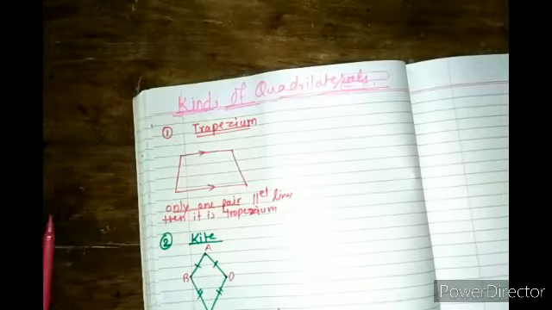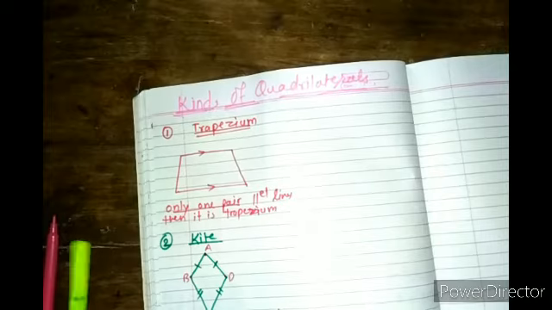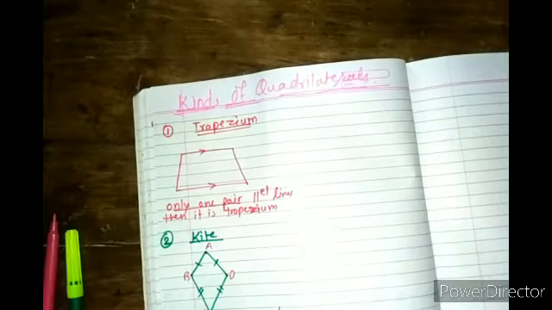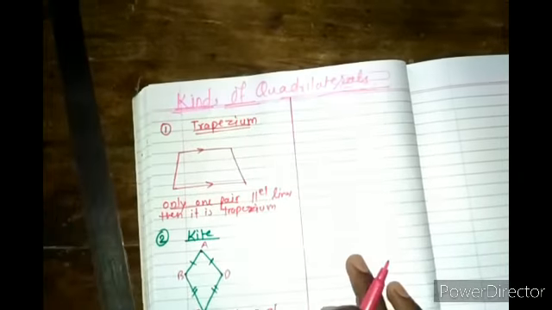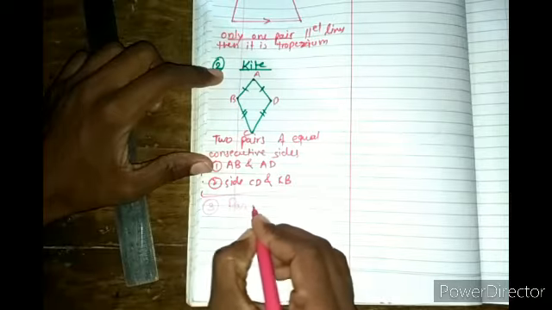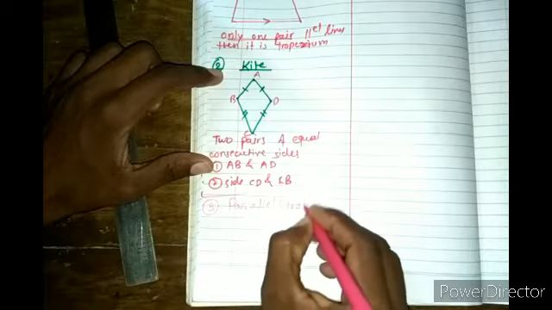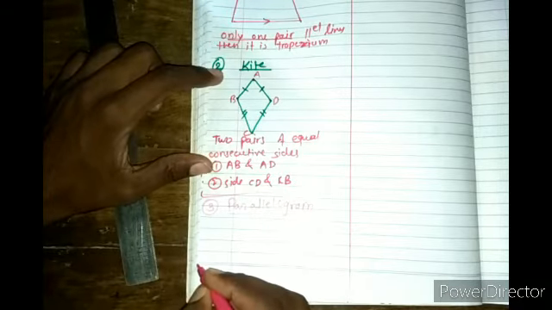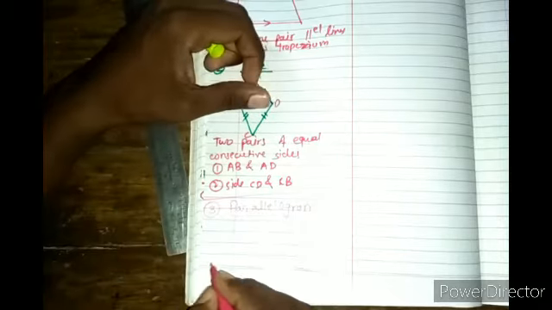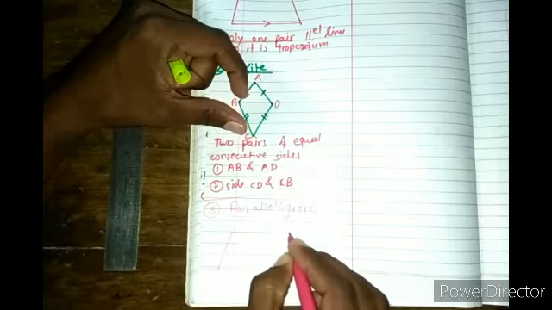If such two pairs of consecutive sides appear in a kite-shaped structure, then we can say that it is a kite, right? Why am I saying that it is a kite shape? Because it looks like a kite, right? So I hope that now you are very clear about the kite also. Yes. Our third type of quadrilateral is the parallelogram. Now everyone has heard about the parallelogram, so you all know the shape looks like that.